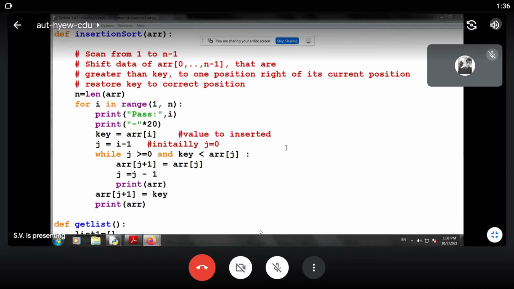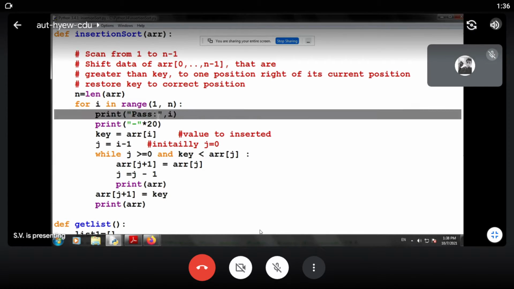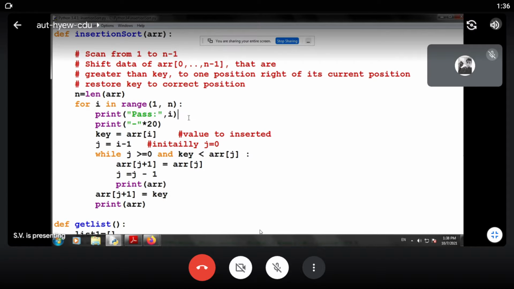We have n minus 1 passes, which we can count with I, since there are n minus 1 comparisons. As we know, the time complexity of insertion sort is n square.